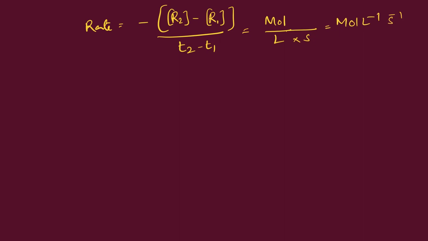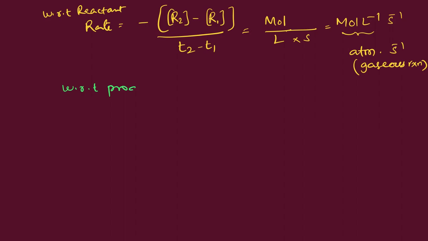In case pressure is there, instead of mole per liter, if gaseous reactions are involved, I can write atmosphere second inverse. This is for gaseous reaction. Similarly, with respect to product, this is with respect to reactant. Now, with respect to product,